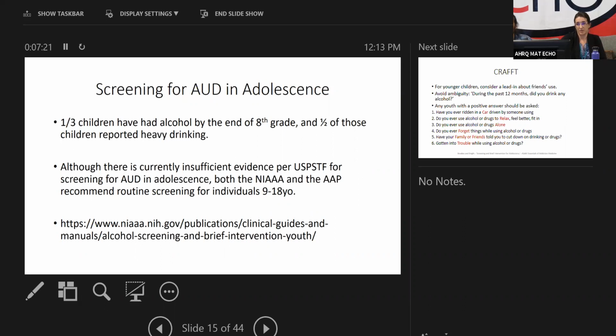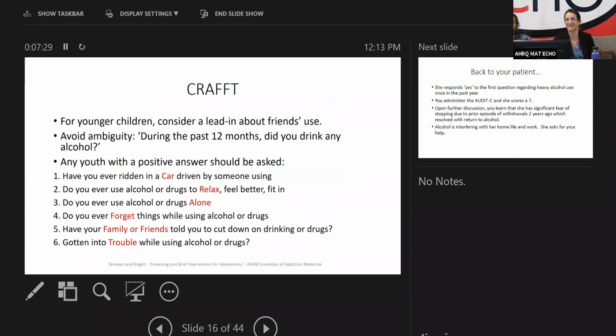That's a website there at the bottom of the slide that has some good guides that can be used in the clinical setting. I'm sorry, I'm going quick, so I'm going to leave time for Amy's talk. CRAFT is the adolescent screen that's been validated, and this is important, especially in younger children, to avoid ambiguity. So you can also consider a lead-in to acclimate them to the question in a way about their friends' use. But when you're asking them about their use, something very direct, such as during the past 12 months, did you drink any alcohol? And any positive answer